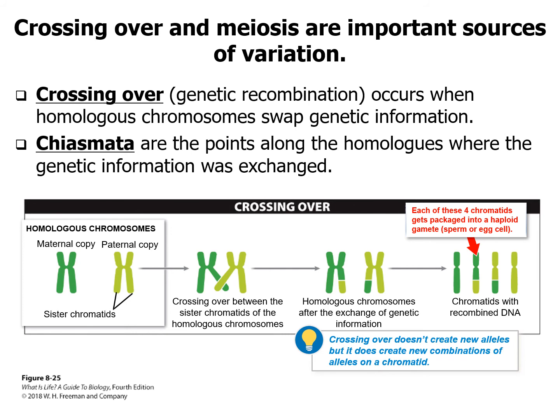Okay, so how do we get our genetic diversity through these processes? And that is crossing over. We kind of glossed over crossing over when we were talking about meiosis, but we did mention it. So crossing over, or genetic recombination, occurs when homologous chromosomes swap genetic information. So this pair, chromosome 1 from a maternal copy and chromosome 2 from a paternal copy, they're going to just swap a little bit of information in order to spread that diversity.